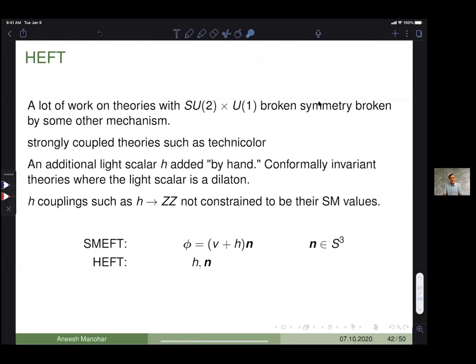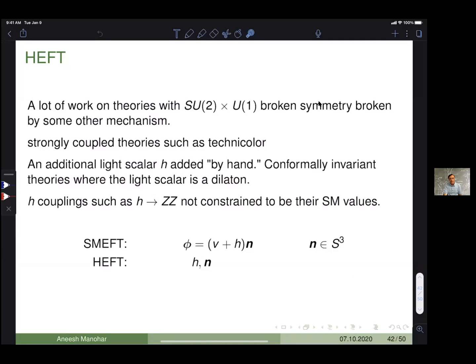Now, Higgs effective theory sort of arose from Technicolor, where you consider some kind of non-perturbative mechanism for breaking the symmetry. Now, the problem with Technicolor is that you don't have a Higgs particle. You only have the Goldstones from the symmetry breaking, which get eaten by the W and Z. And because the Higgs was found to be light, Higgs effective theories basically add in an additional light scalar field to the dynamics. So